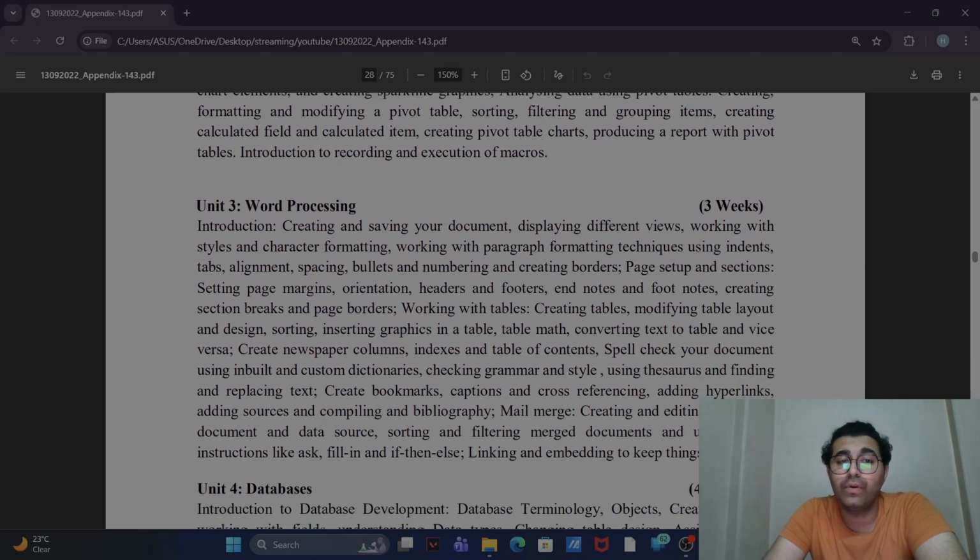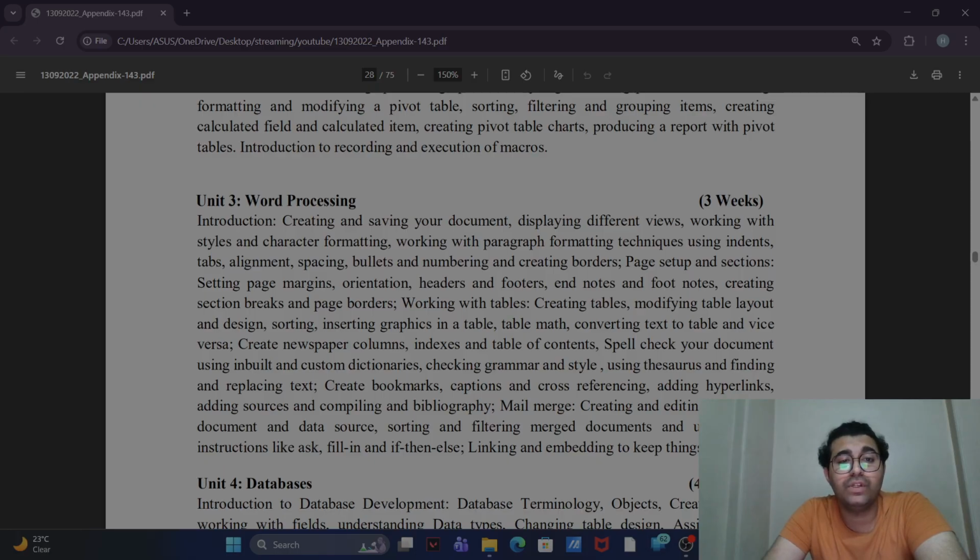Unit 3, Word Processing. Introduction, creating and saving your document, displaying different views, working with styles and character formatting, working with paragraph formatting techniques using indents, tabs, aligns, spacing, bullets, numbering, and creating borders, page setup and sections, setting page margins, orientation, headers and footers,